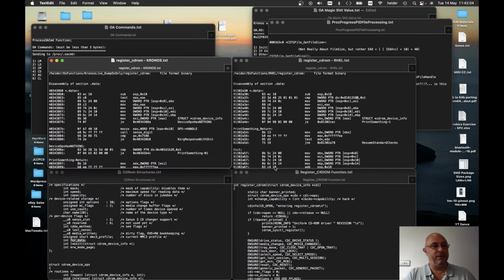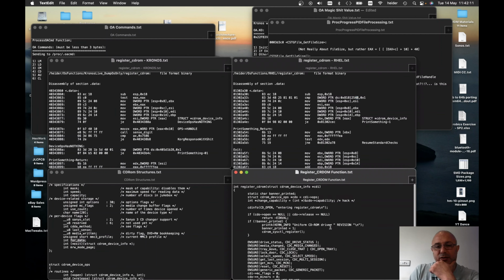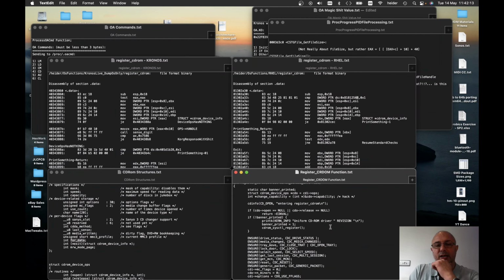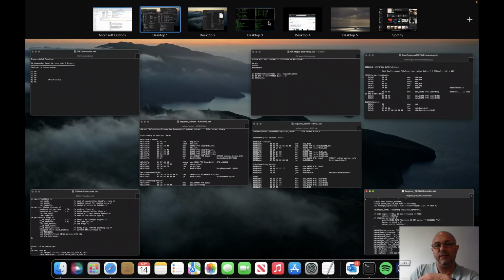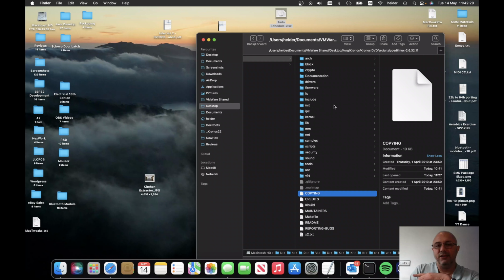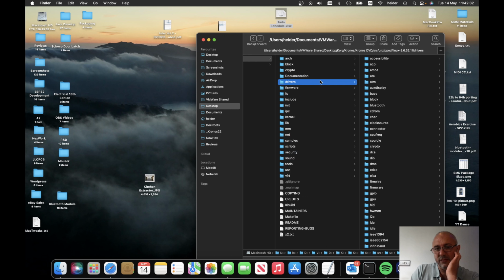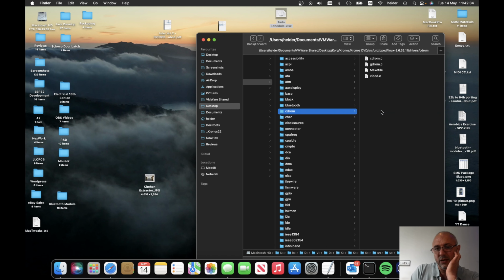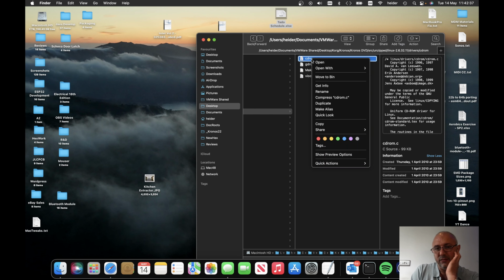If you see my screen, I sure hope you can see it. There are 4 parts in it. Okay, part 1, which I'm going to talk about here, is the register CD-ROM function. Now let me just go back into this bit slightly. So this is the file we just read the license for, and if I look inside, there should be drivers, CD-ROM, and then cd-rom.c, right? Open with